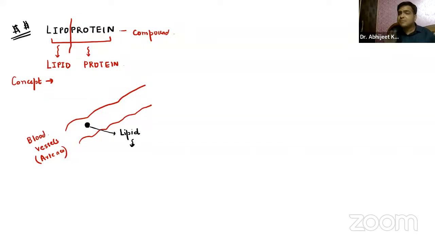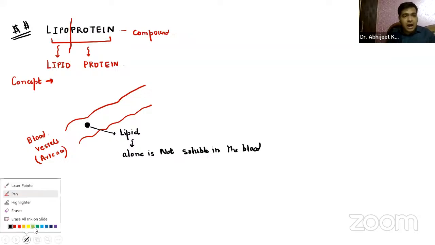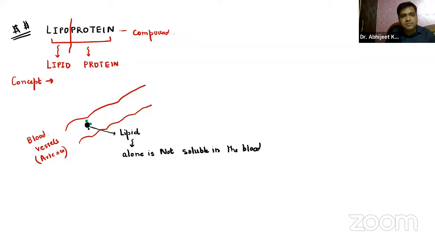So lipid, if it is present alone in the blood, is not soluble. Lipid alone is not soluble in the blood. This is something very, very important. Now, if the lipids are attached to the proteins, then these lipids become soluble and they can be transported in the blood, right? So lipid plus protein